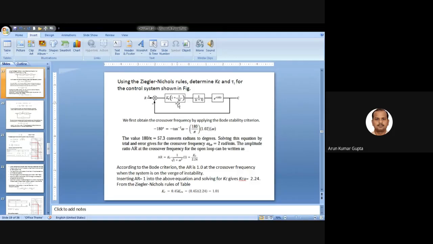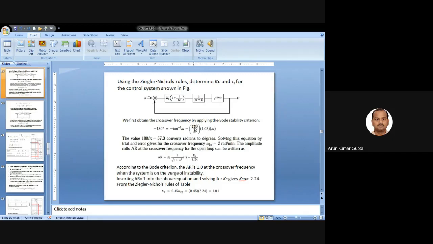So for tau I, we are now looking for the Ziegler-Nichols. For Ziegler-Nichols there is no need to consider this Gc, we will only consider this and this, right? Now you understand why we are not considering this: in Ziegler-Nichols we do not consider Gc, we only consider Gp and whatever the other. Okay? So for this, the tau value is 1 here, so this is minus tan inverse omega, and for this it is only omega tau. Okay, omega tau. What is tau? Tau is 1.02.